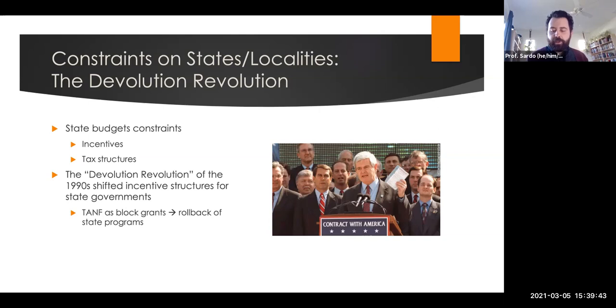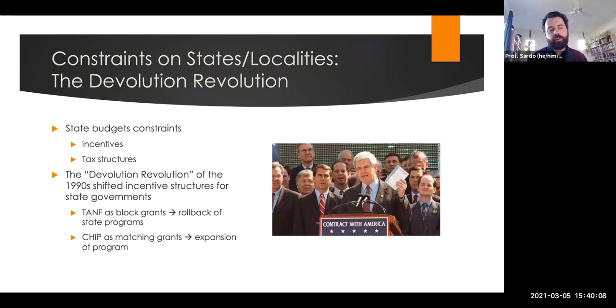One of the things that happened was Temporary Assistance for Needy Families. The TANF program was established as a block grant, and this ends up with states cutting funding because the block grants were lower than previous matching grant programs. So this is a way that the federal government says we're providing money for the states to enact these policies, but because it's changed the way that funding is provided, it can influence that policy.